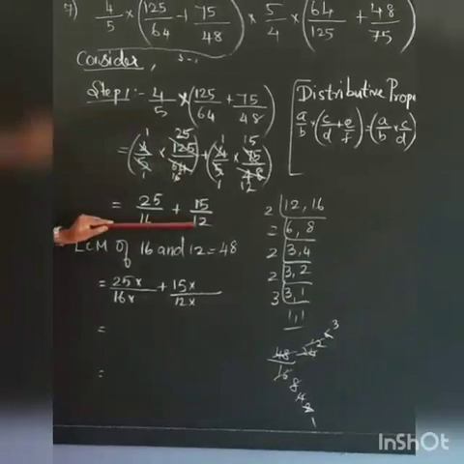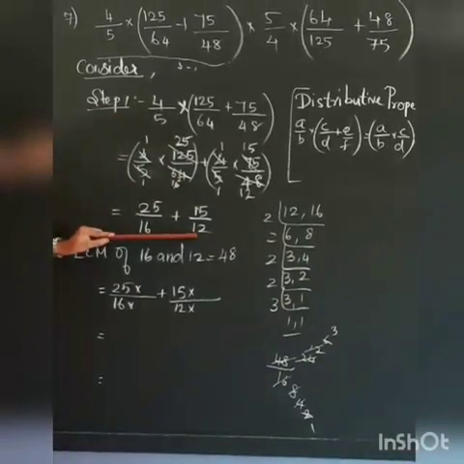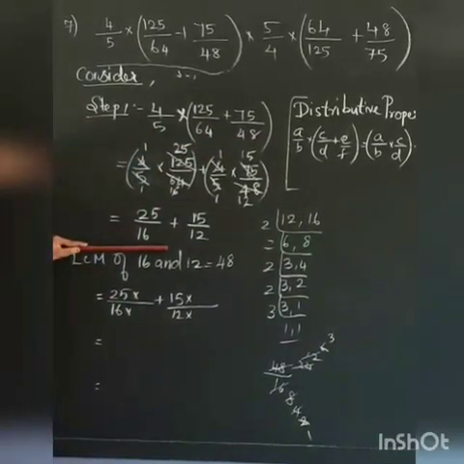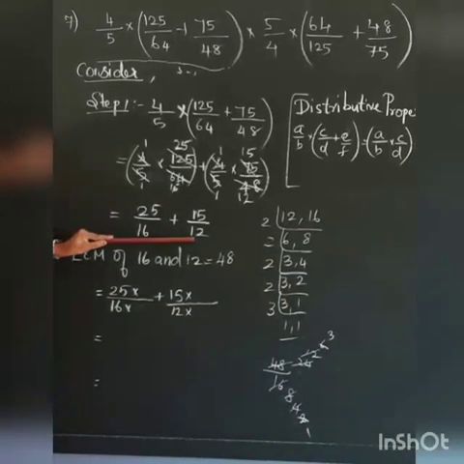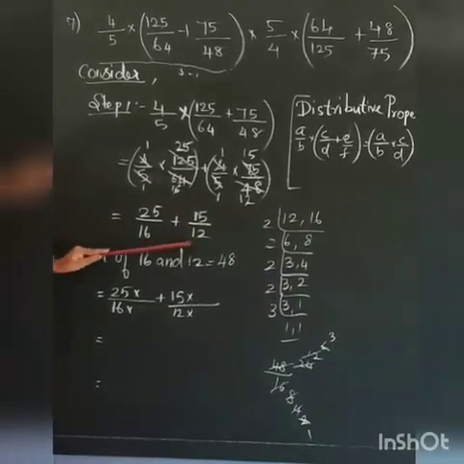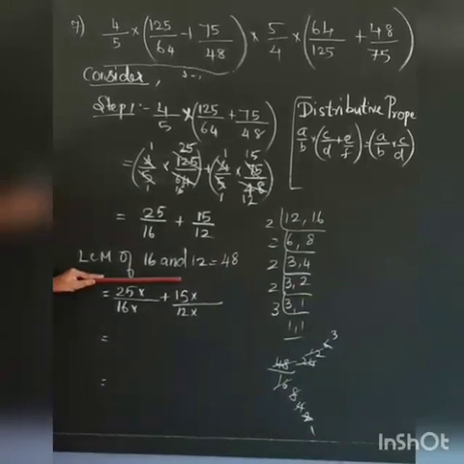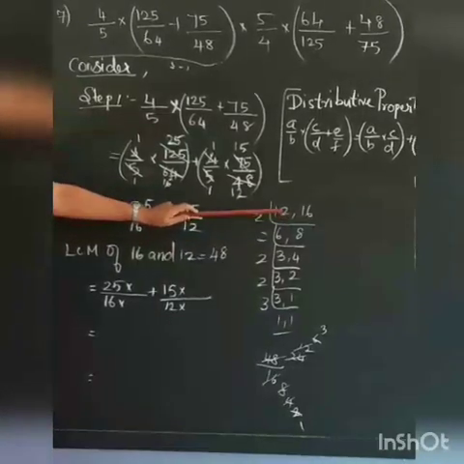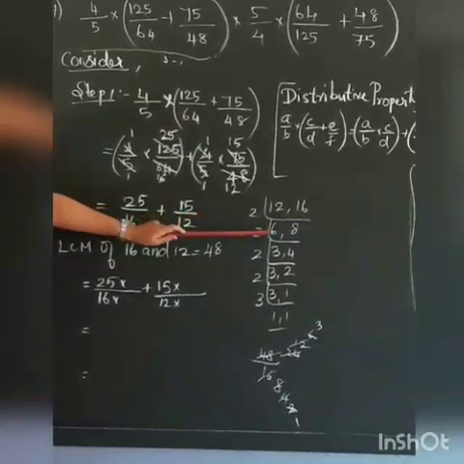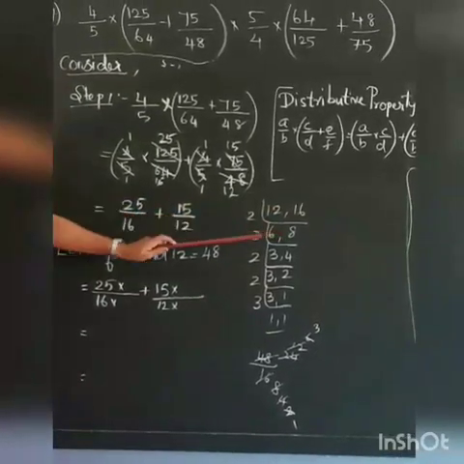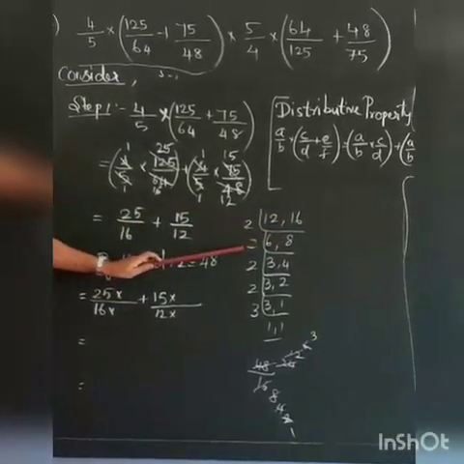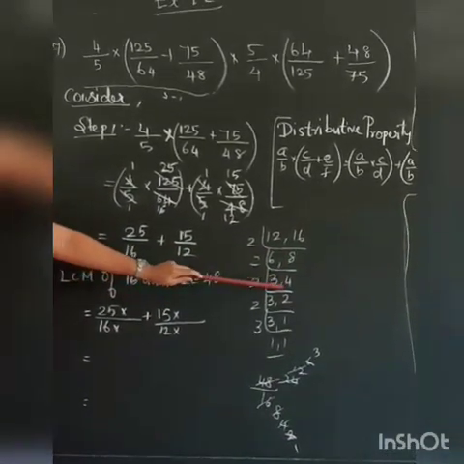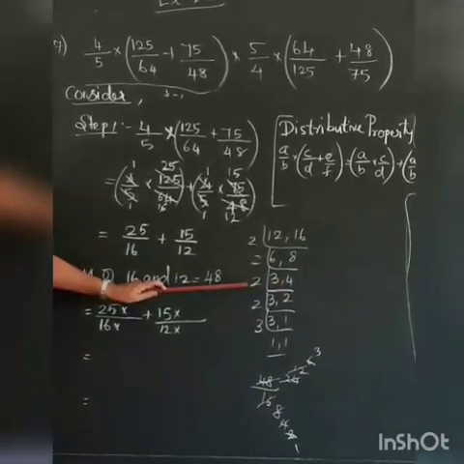Clear? Now we simplify the denominator. See here, 64 and 48 were big numbers, and we simplified them into somewhat smaller numbers. Now the denominators are 16 and 12. So these two are not the same, so you have to take LCM for 16 and 12. You can also put 12 and 16, that is no problem. In 2 table, 12 is 6 times, 16 is 8 times, and again these two are even numbers, so it is divisible by 2. 6 is 3 times and 8 is 4 times. Now 3 is an odd number, but 4 is an even number, so it is divisible by prime number 2 itself.